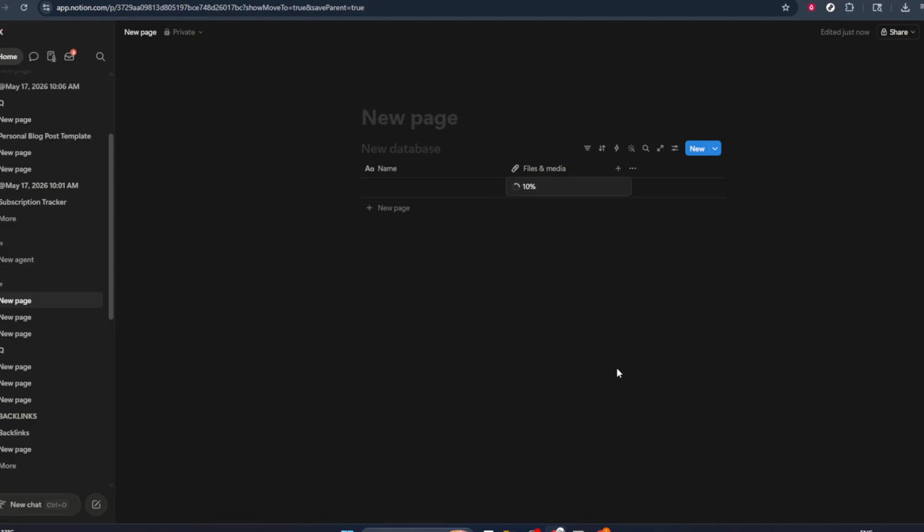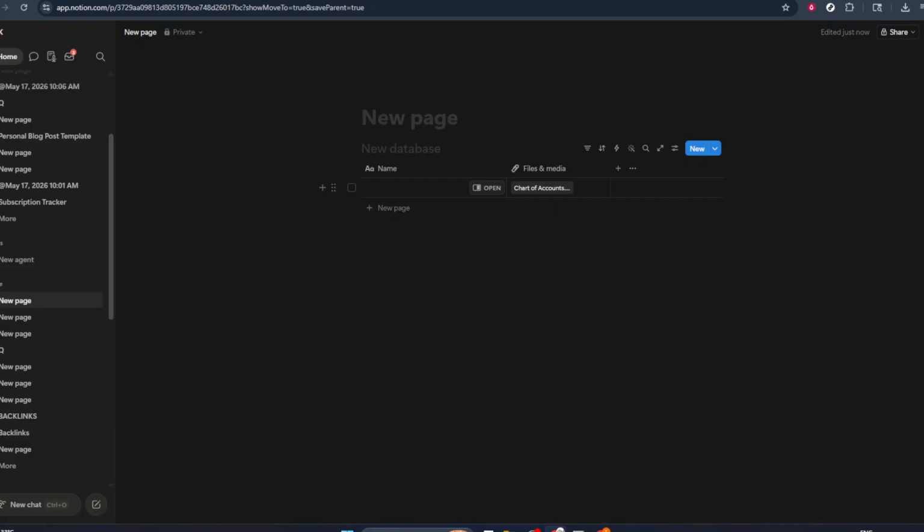That's all there is to it. You've successfully linked Notion with your local files, making your workspace more efficient and easier to navigate. Remember, you can repeat these steps for any number of files and organize them within the same database or even across different Notion pages. This method is a great